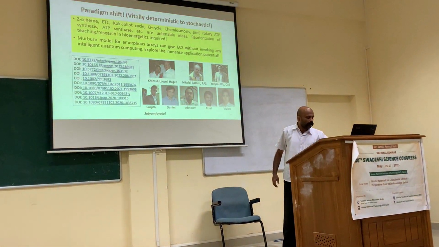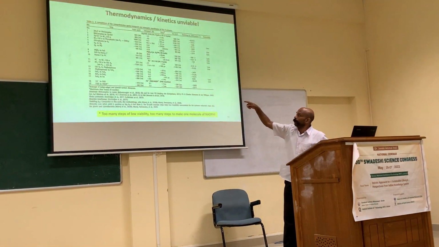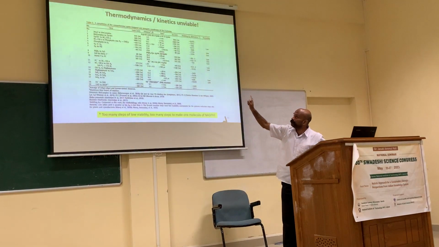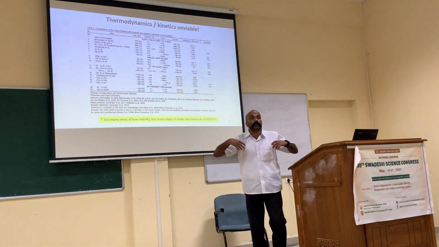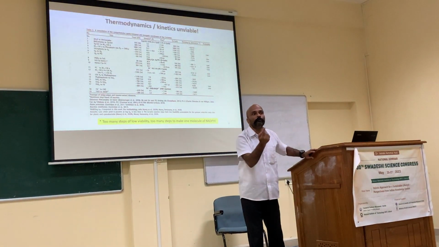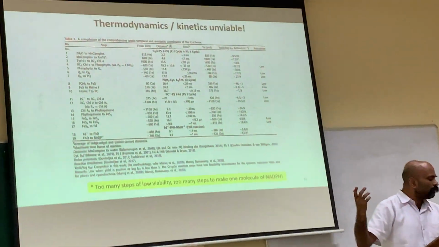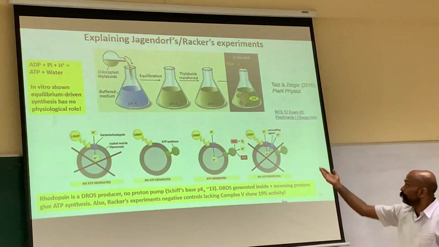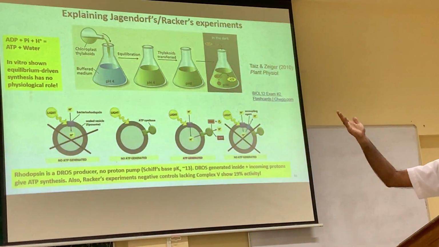So with that, I have taken about 9 minutes. I just wanted to show these are the extra calculations that I have made in each single step. Can you imagine? Several dozens of steps are needed to make one molecule of NADPH. It's impossible. People have gone on a wild goose chase, and the classical Jagendorf experiment, which was taken as support,